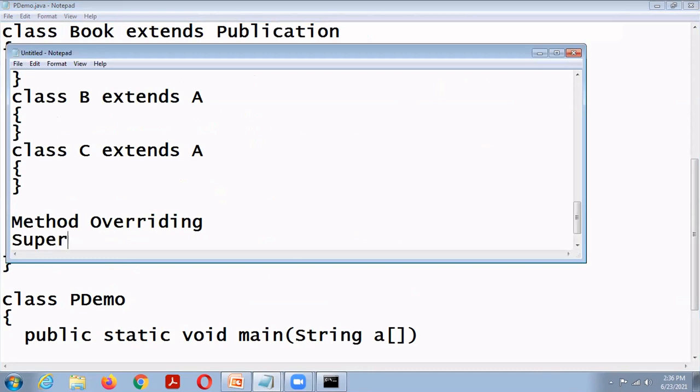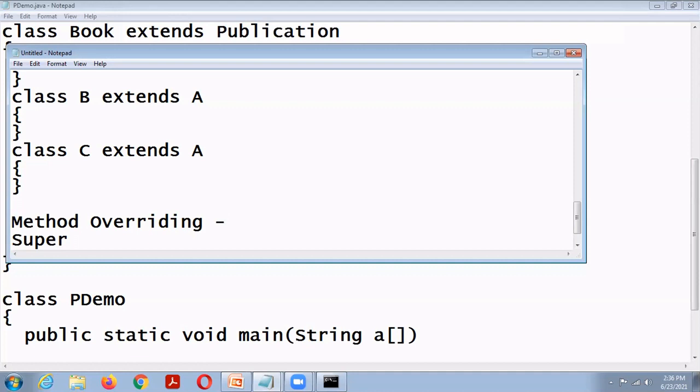But what is method overriding? Method overriding means both super and subclass contain the same method with the same format, then the subclass method overrides the superclass method. This is called method overriding. So the super keyword refers to the superclass object. It has two uses. First, it differentiates the superclass and subclass members if they have the same name.